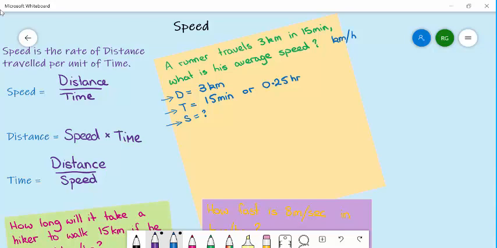So looking to the left of the screen, the formula that we need to use that will make it easiest for us is the top one. So speed is equal to distance divided by the time. Now the speed, we'll just call it S, is equal to the distance, 3 kilometers, divided by, oh, changed to a purple pen,